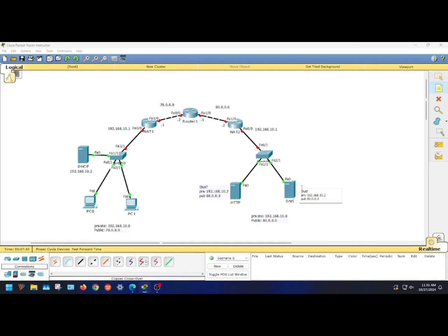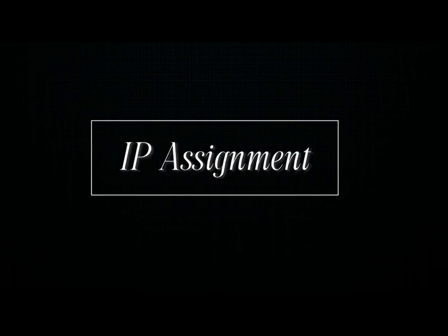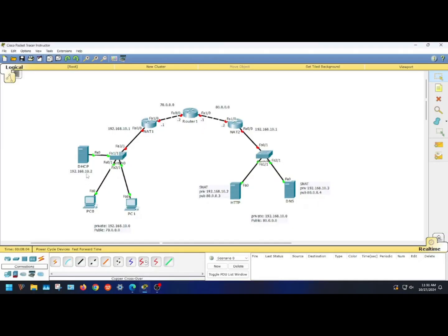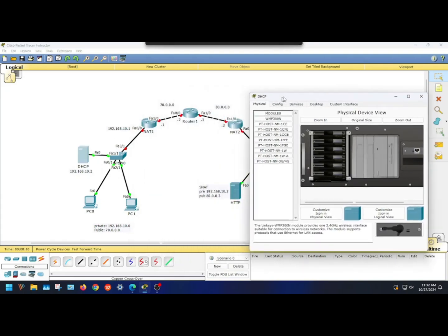So for each private IP that I am going to use for a device, I must also select a public IP, and this public IP must be from the 80 series network, because the ISP on the left has the 80 series IPs available, so you have to keep that in mind. And after that I will assign the IP addresses one by one. I will go to the user interface or configuration interface